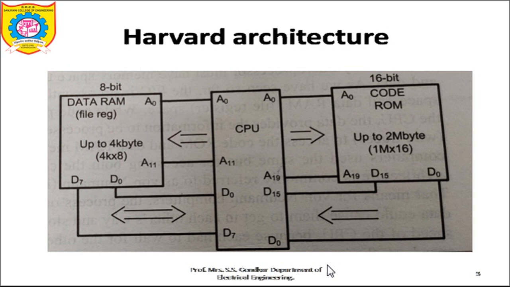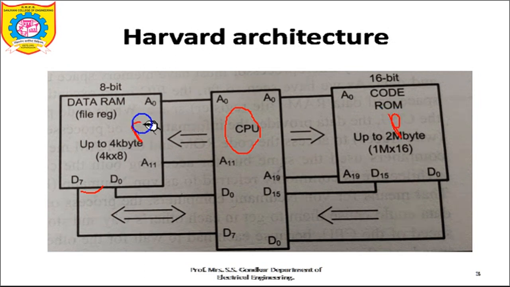data memory. Here we are going to need 4 sets of buses. You can see 4 sets of buses are used. You can see set number 1, the one I have marked with the red color, D0 to D7. It is a set of bus for data RAM, for carrying the data in and out of the CPU. So see, here is your CPU, this is your data memory, this is your program memory.